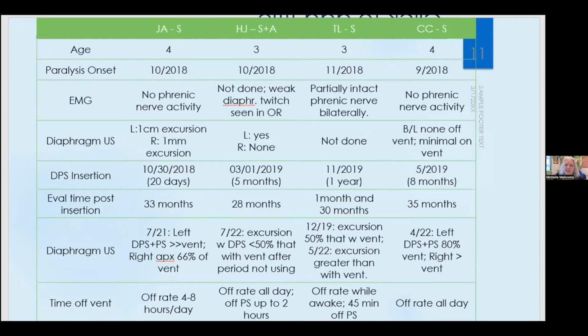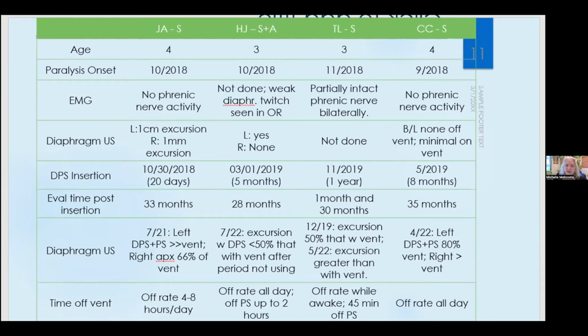It's interesting because I'm not sure whether what we're able to measure, first of all, these are really tiny measurements. We're talking about millimeters, and there's a certain amount of position, and luckily we almost always have the same person doing the ultrasound, so we don't have a lot of inter-operator issues, but also cooperation and effort is still a part of this. And so sometimes we're seeing results on the ultrasound that don't necessarily match what we're seeing clinically.